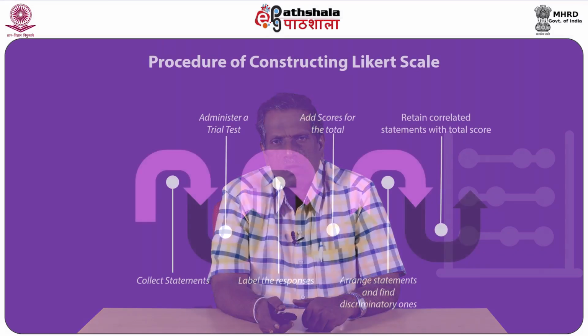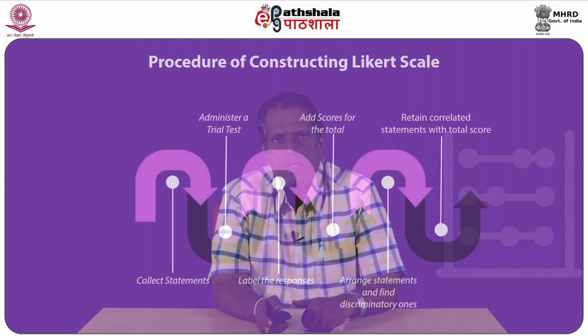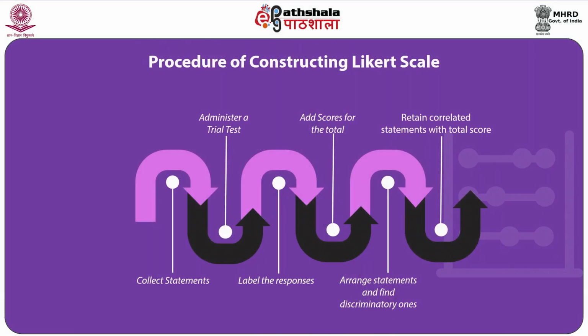Fourthly, the total score of each respondent should be obtained by adding the scores that he or she received for each of the statements, that is, the scores assigned for both negative as well as positive statements have to be added. And fifthly, these scores have to be arranged in such a way as to find out those statements